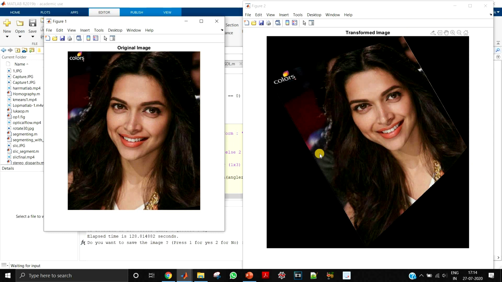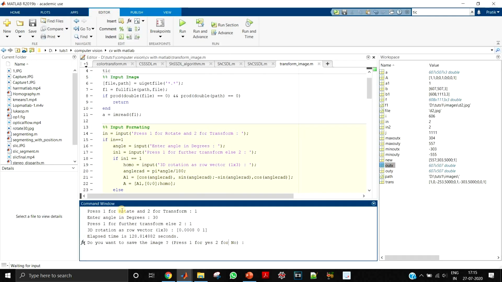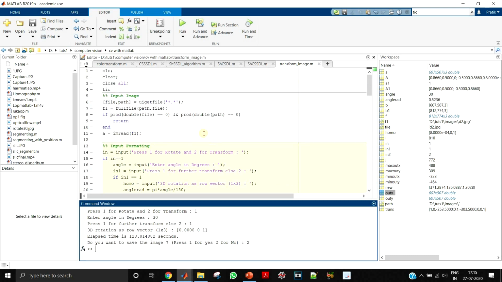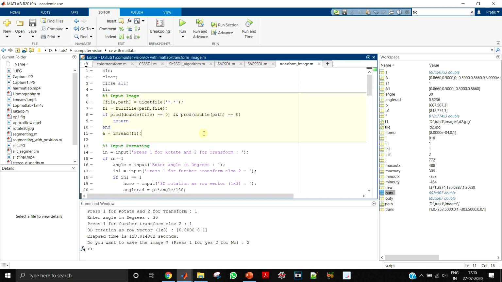So this actually looks like it is behind the plane. So it is in 3D in behind, like that. So this is like the perspective transform that you can see. So like this you can give different inputs to this algorithm, and it will give you corresponding outputs. So now that we have seen the different inputs and the different outputs, now let us see how we can code this particular program.